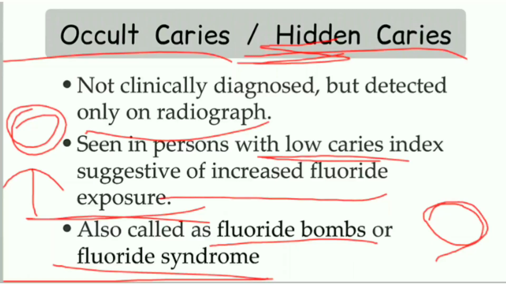So with this we come to the end of this lecture. These are all the different types of caries involved in the oral cavity. This was part 5 of dental caries. In the next part I am going to talk about the different theories of dental caries, and there are many more things I am going to cover in this topic, because dental caries is a very vast chapter with lots of things to understand. That's why I am making different parts, so it does not become very hard to watch and understand.